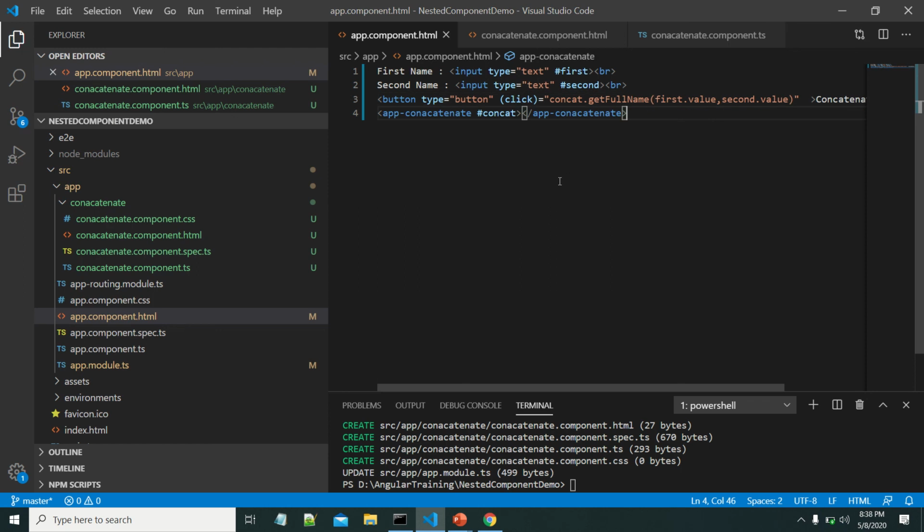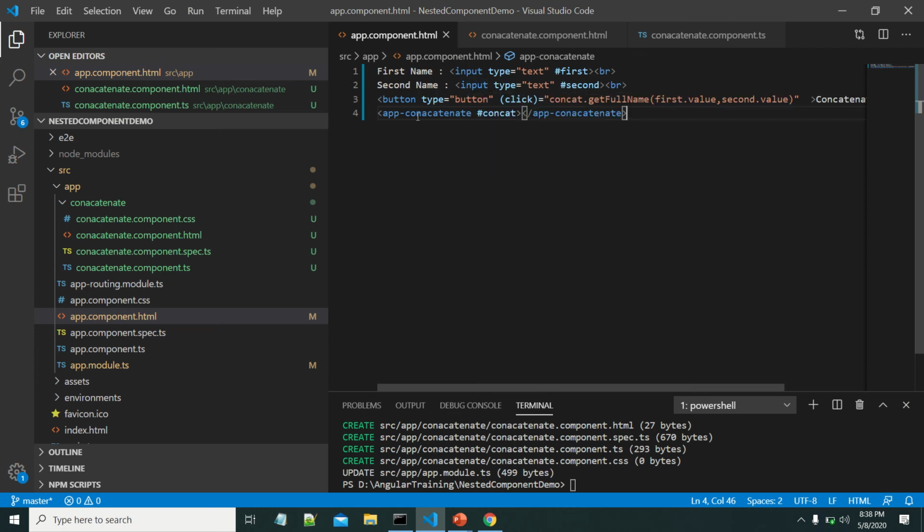Let us try to understand this. We created two text boxes. We have created first and second template reference variables pointing to these two text boxes. First dot value gives the value within this text box. Second dot value gives the value within the second text box.